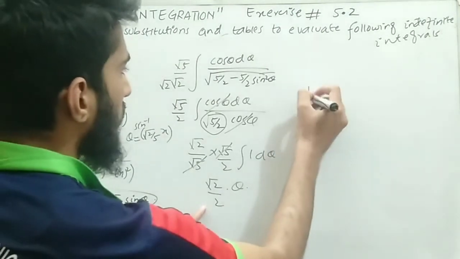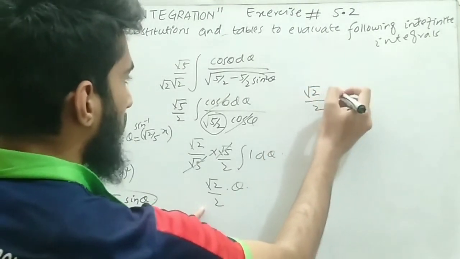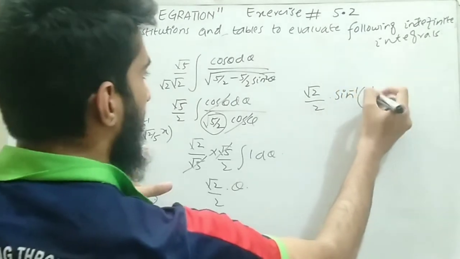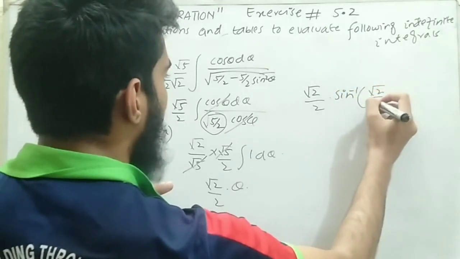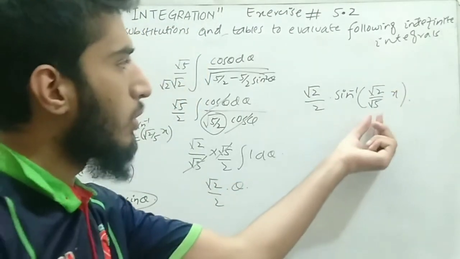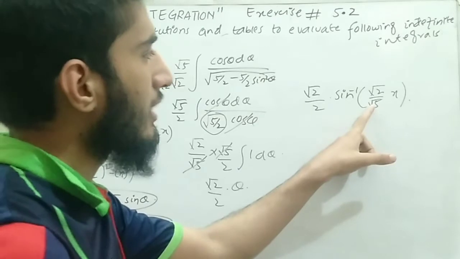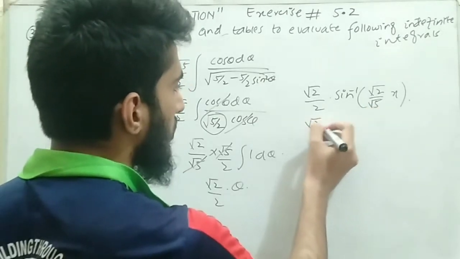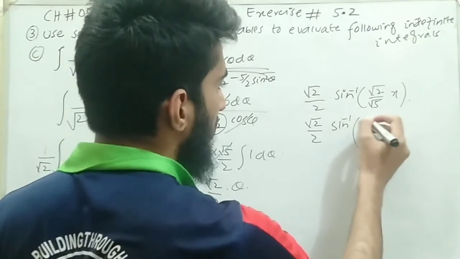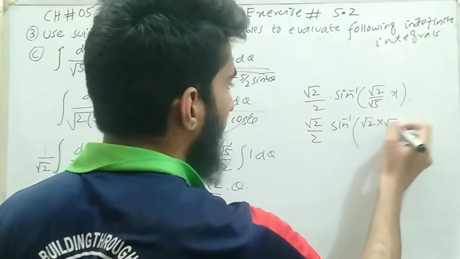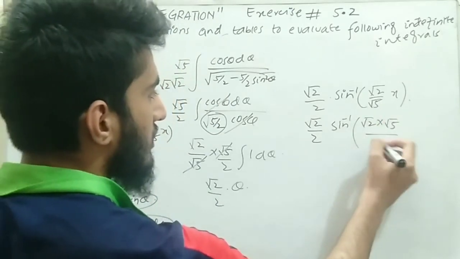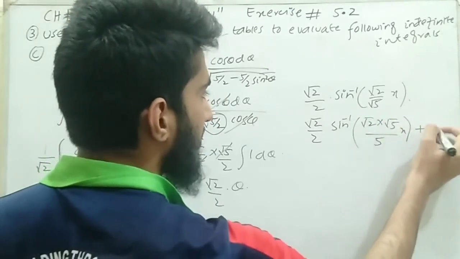So put in these two values over here, it becomes under root 2 divided by 2, and the value of theta is sine inverse of under root of 2 divided by under root of 5, and we are already left with x. I am going to eliminate this under root from the denominator, so it becomes under root 2 divided by 2 sine inverse. I will just take its conjugate. So I will multiply by under root 5 in numerator and denominator. So by multiplying in the denominator it becomes just 5 and x, plus constant of integration.